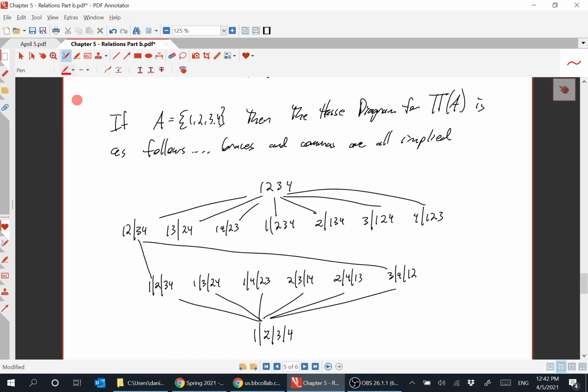And then this one, 1, 3, either you break the 1 and the 3 into different blocks, and you get that. Or you break the 2 and 4 into blocks, and you get this. And then the 1, 4 through 2, 3, 1 and 4 into separate blocks, or 2 and 3 into separate blocks. And then this one,